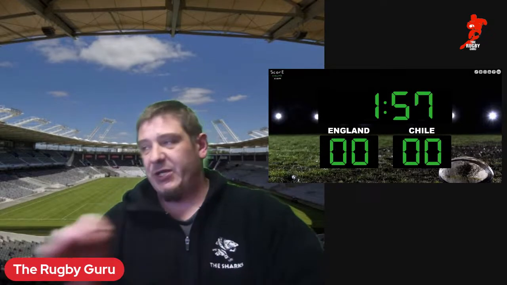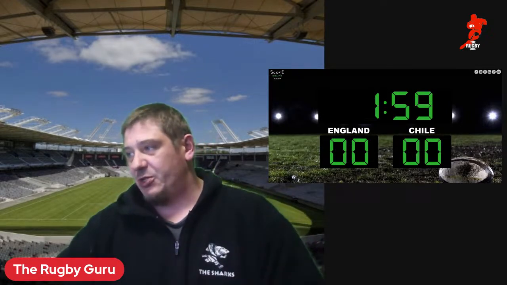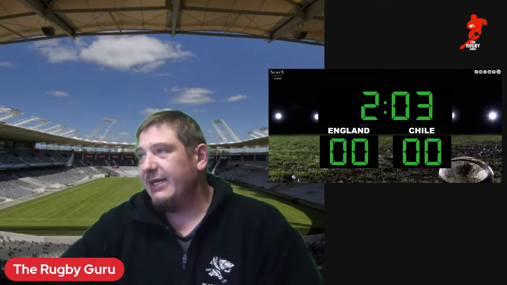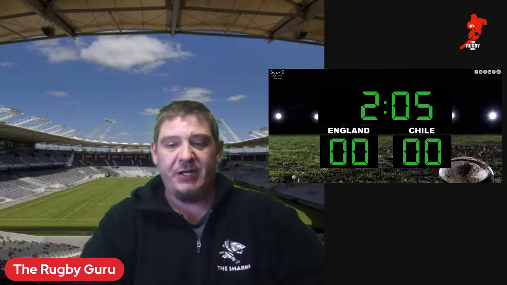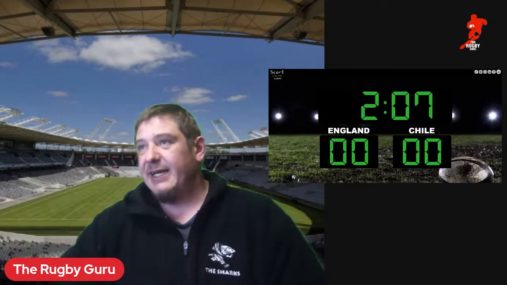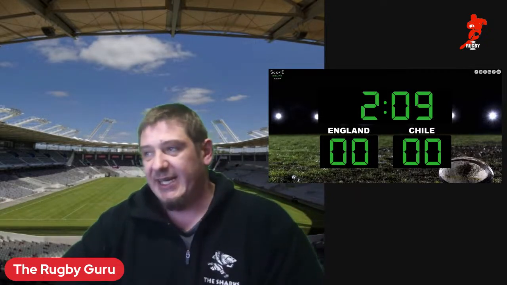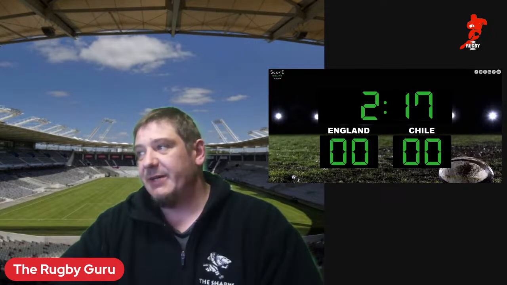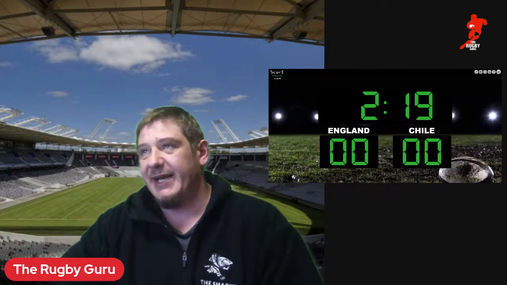We saw a draw between Georgia and Portugal a little bit earlier as well. So, yeah, there we go. My Super Brew prediction for this game. Let me go and have a look quickly who I selected as the winner and by how much. So I went England by 82 points. So I'm expecting England to run away with this game.